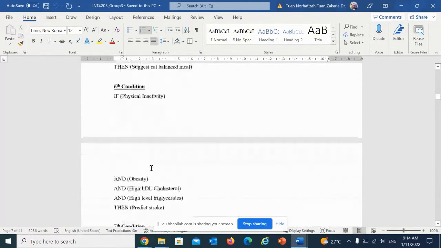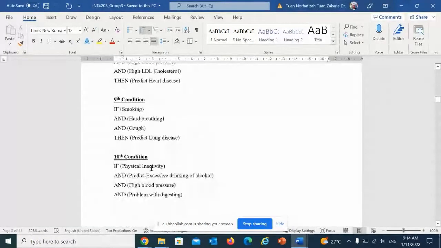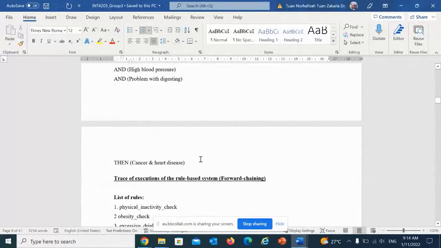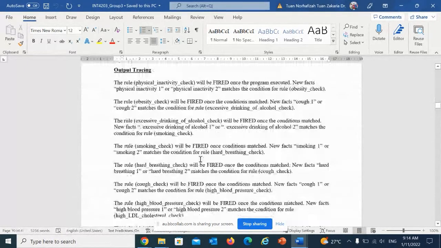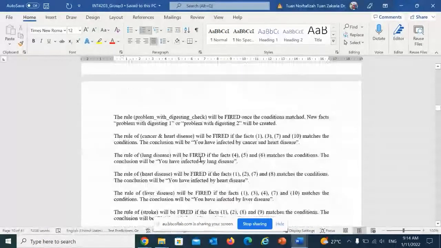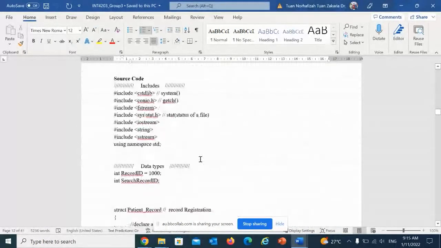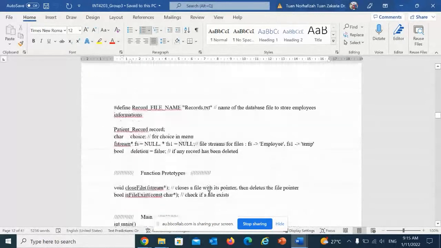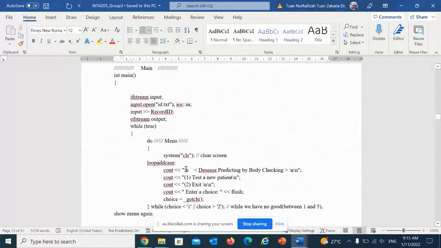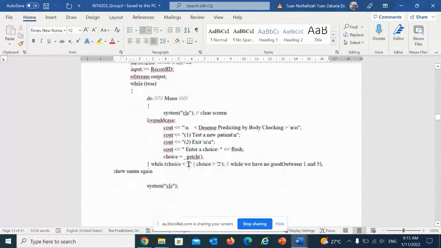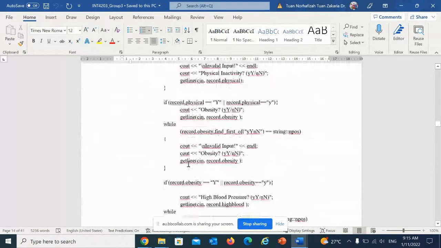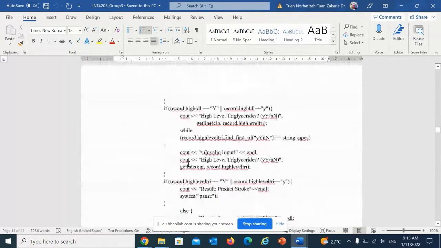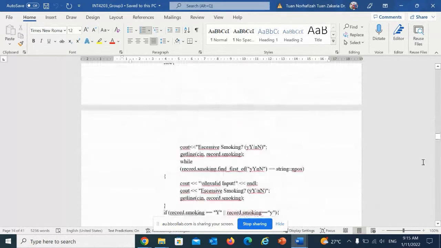And then your tracing and reasoning. You can do forward or backward chaining. And then you convert into code. Just use simple coding, so you can use if else or you can use cases, switch.